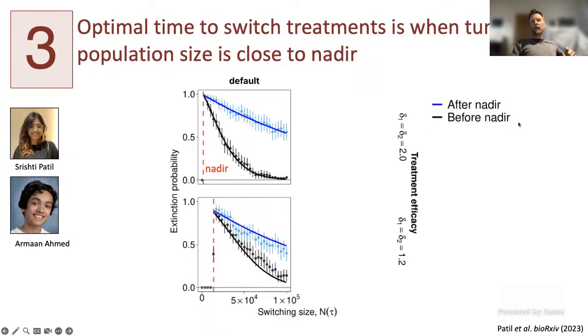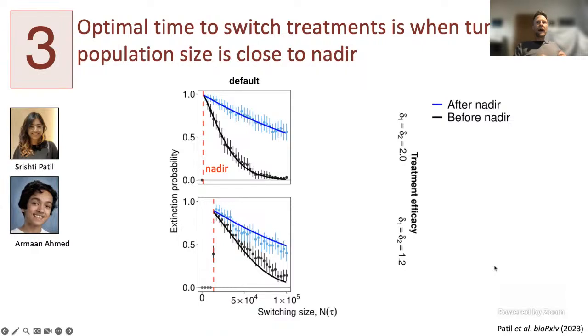The other question you can ask is, given that generally in the clinic, you cannot tell exactly when the tumor is at its smallest size because it's undetectable, is it better to treat slightly earlier or slightly later? If you can err on the side of caution one way or another, then what do you do? And what we found very generally, not in all the edge cases, but in all the main cases we looked at, is that it's better to treat slightly after the nadir, as you see here in blue, than before.